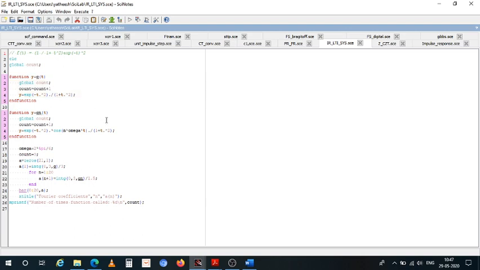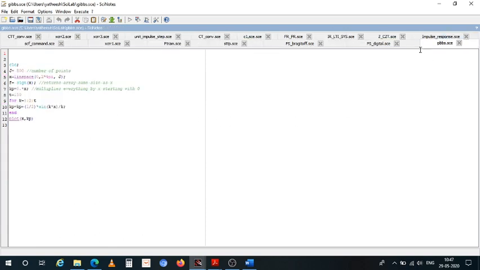Now let us understand the Gibbs phenomena. Gibbs phenomena basically explains the reason for discontinuities in passband and stop band due to transformation, differentiation. There is a special kind of function to plot this.